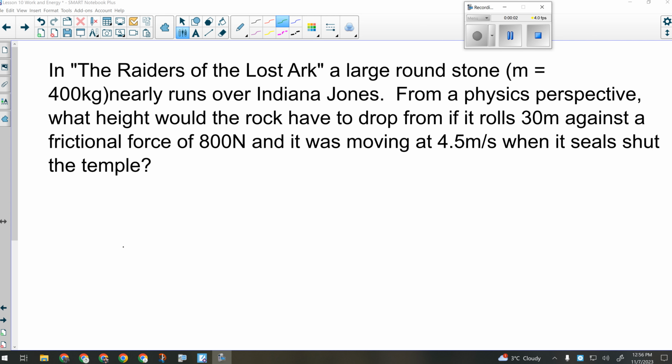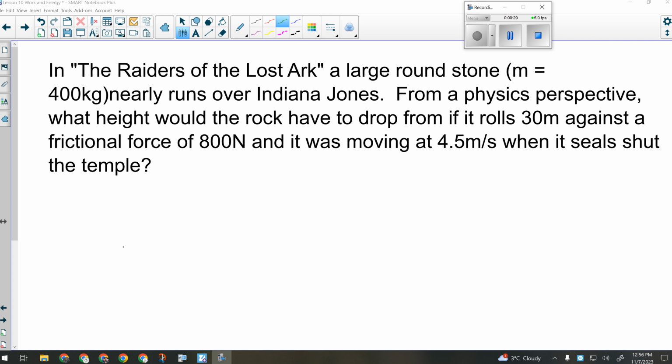So before we do this question, we're going to watch the video of Indiana Jones running away from the big, perfectly round rock, okay, in the greatest Indiana Jones movie ever, Raiders of the Lost Ark. And if you do it right the first time, you get to make lots of sequels. You do it, oh, wait a minute, that rule doesn't apply, because you can do it wrong and make lots of sequels for Disney. Anyway,